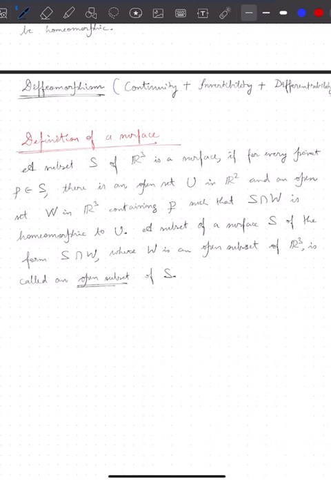So, open subset of S. And then we have a homeomorphism sigma, which maps from U to S intersection W, as in this definition, and it is called a surface patch